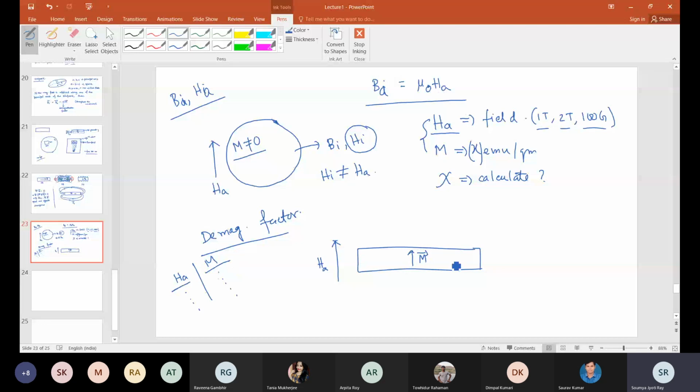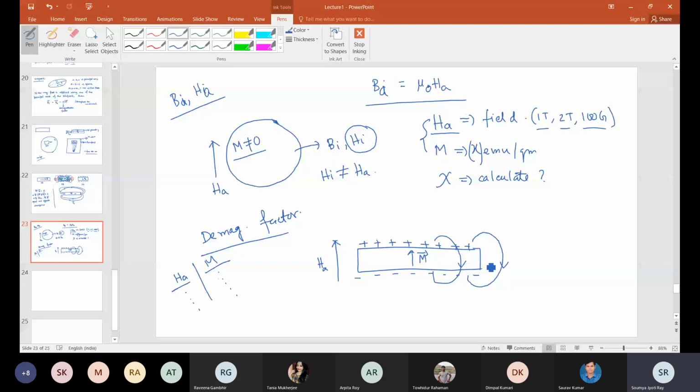Why? Because we have just explained that in this particular case, because of the shape of this object and the direction of the magnetic field, there will be a significant amount of demagnetization field passing through this material.